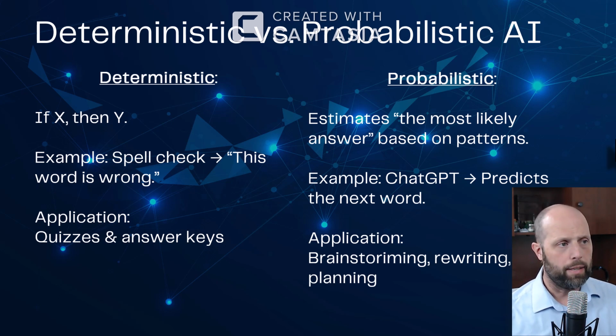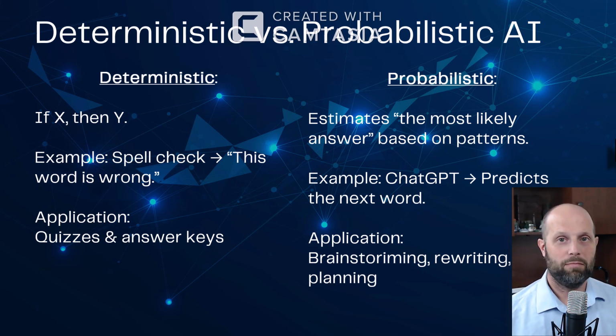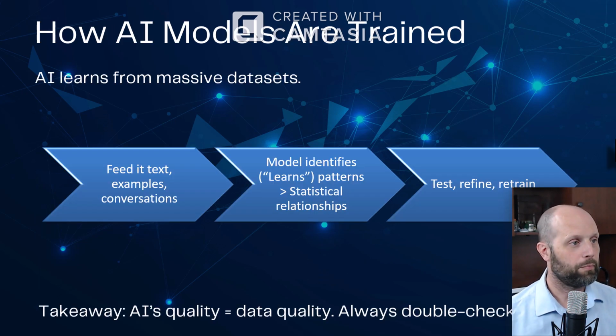So there are some really great uses, both deterministic as well as probabilistic. But like I said, we are moving into this age of AI, which is more of a probabilistic model, where it's looking at patterns of the past and predicting what will be a good outcome in the future.